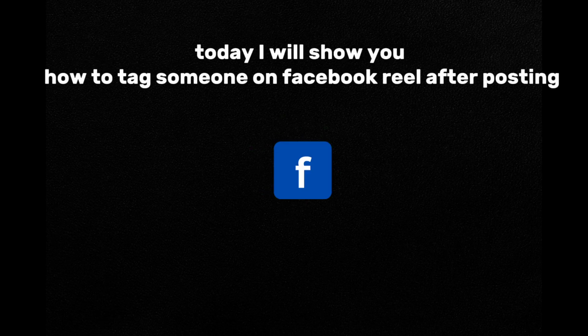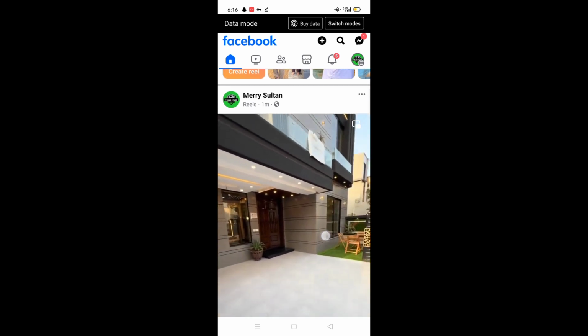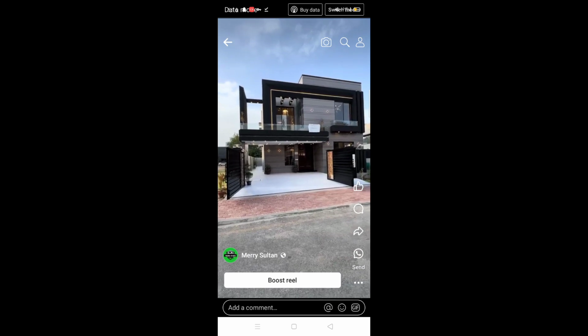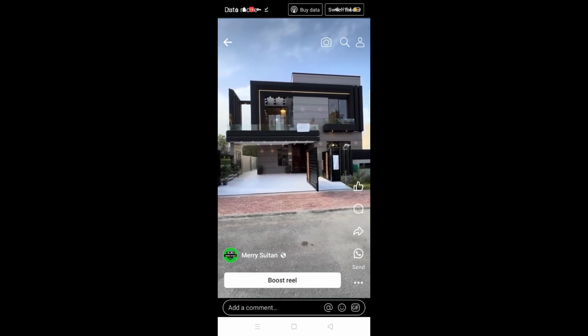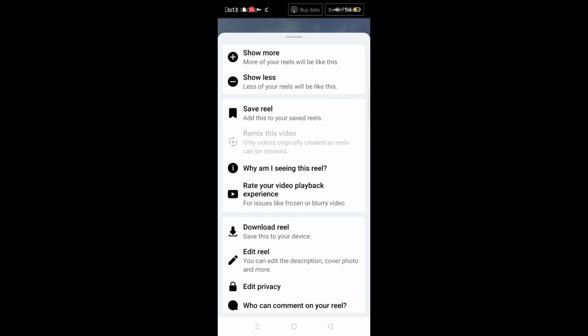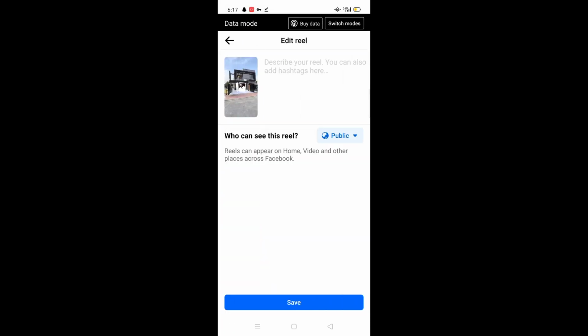Today I will show you how to tag someone on Facebook Reels after posting. So you have to just open Facebook. You can see this is my posted reel, and you have to click and go to the three dots, and there is an edit reel button. So you have to click the edit reel. Simply click the edit reel, and